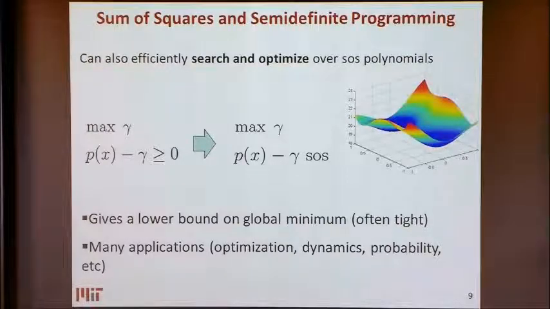Semi-definite programming is under the hood. The only thing that I care about is that, as long as I have affine families of polynomials and a cone of sums of squares, I can find points in these intersections. And underneath, I will write them as semi-definite programs. I don't need to ever write a semi-definite program if I want to deal with this.